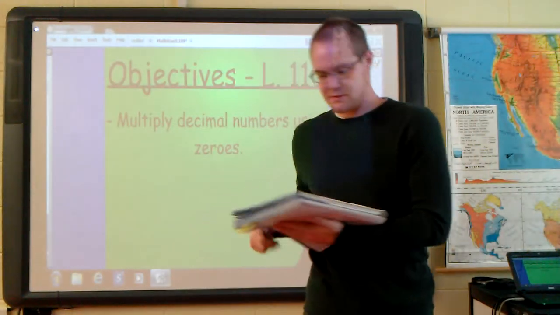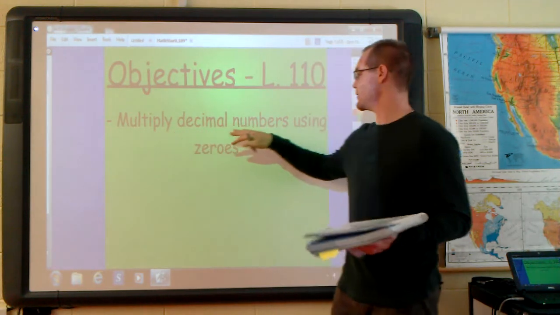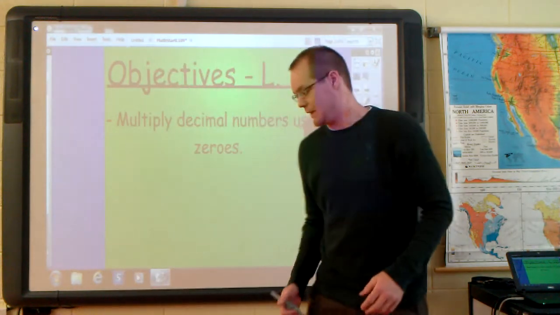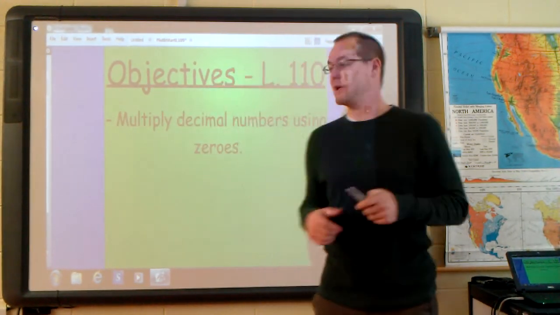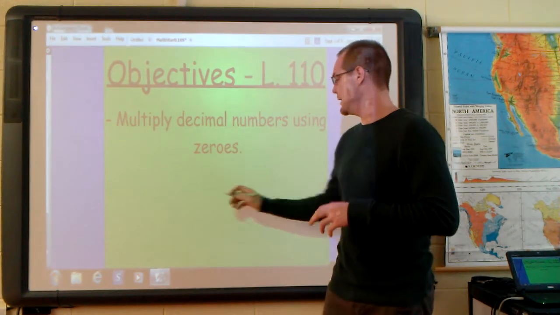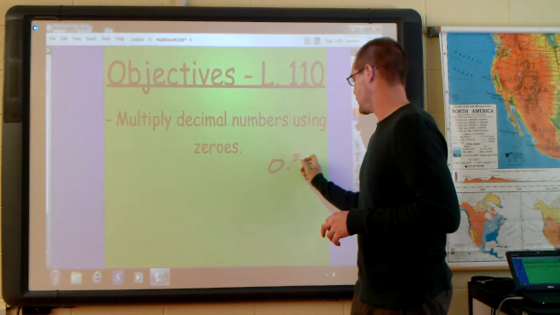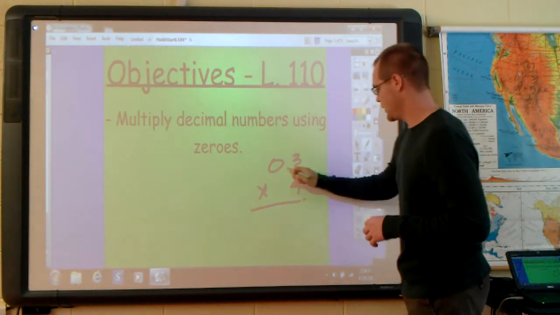Okay, today is lesson 110. The objectives for lesson 110 are multiplying decimal numbers using zeros, very similar to lesson 109. Lesson 110 is found on page 723, but very similar to lesson 109, except we're going to multiply, instead of 0 and 3/10 times 4, we might have a number